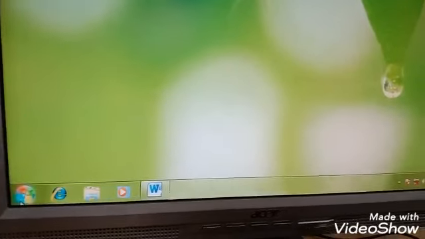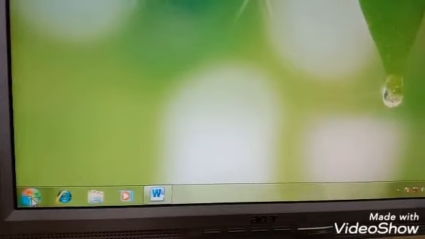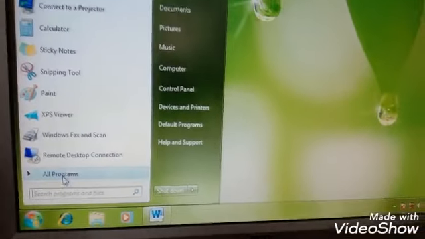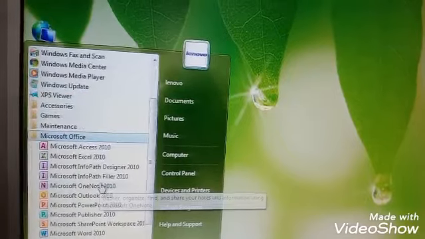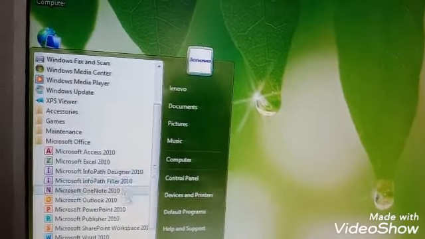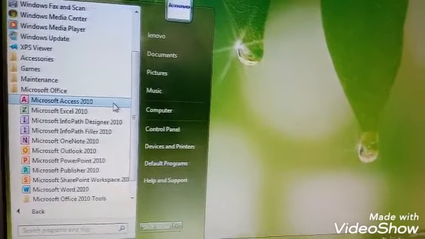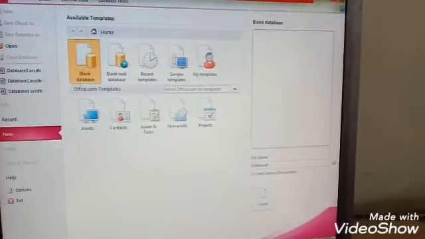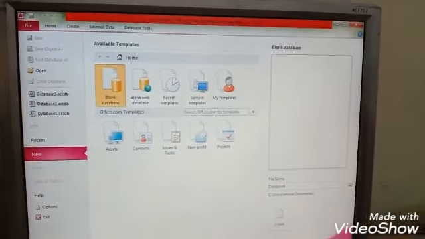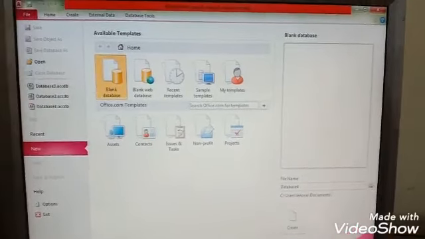Now we are going to perform practically how can we open an MS Access. To open an MS Access, click Start button, click All Programs, MS Office. These are the applications of MS Office. Click MS Access 2010. When we click MS Access 2010, this page will appear on your computer screen. Click Blank Database.